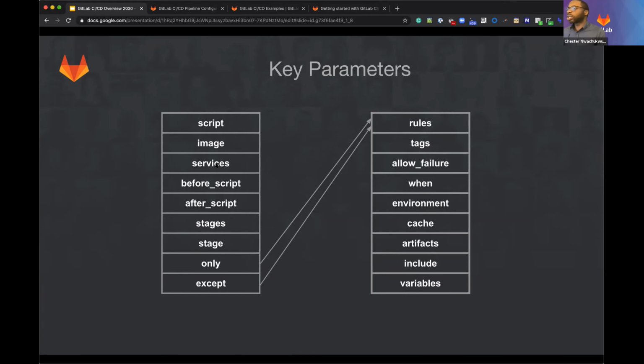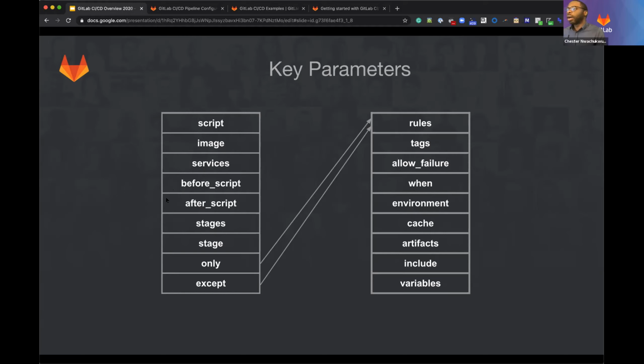The services parameter allows you to associate an additional service that's tied to your image. So for instance, if you want to use a Docker-in-Docker service, where you want to pull a container, log into a registry, or create an image during your build process,